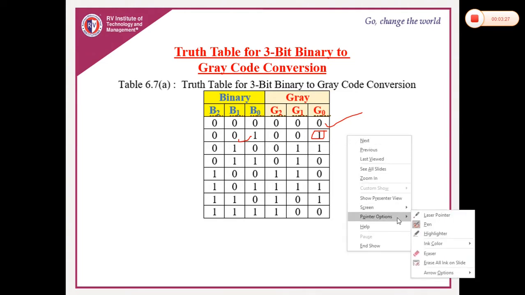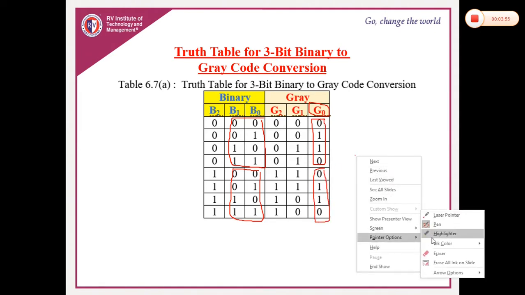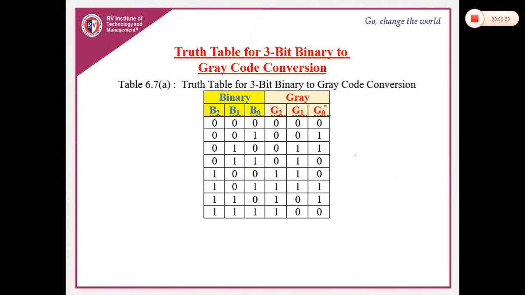Another way of telling this very easily is, you can just concentrate on getting this G0. What we exactly do, we just XOR B0 and B1. You can see here the combinations are like this: 0, 0, 0, 1, 1, 0, 1, 1. Similarly, 0, 0, 0, 1, 1, 0, 1, 1. So it is like one XOR gate and second XOR gate. So you just fill this with the XOR output. What is this XOR output? 0, 1, 1, 0, 0, 1, 1, 0. So that is how you can write this G0 output very easily.